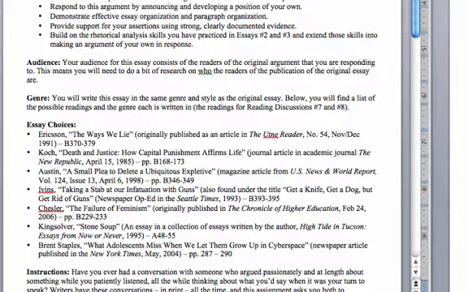Okay? So if you're confused about the argument, then get some clarification. However you have to do that. Go to the Writing Center. Go to the Academic Support Center. Call me. Talk to your classmates. Okay? What you don't want to do in this paper is go try to find somebody who has made the argument that you want to make and simply paraphrase another person's argument. You want to build this argument on your own. You want it to be based in something that you have conviction about. You want it to be based in something that you actually believe.